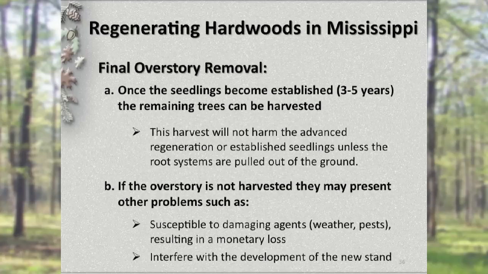However, some individuals would like to see that final overstory remain. What sort of problems would that give us if we leave that? Well, those trees become susceptible to a number of different agents. Weather is one of them, lightning strikes, heavy wind, pests, insects, which might result in a total loss of this material. Also, these trees will interfere with the development of the new stand. They will cause more shading through time to those individuals that we would like to get up and form our future stand.